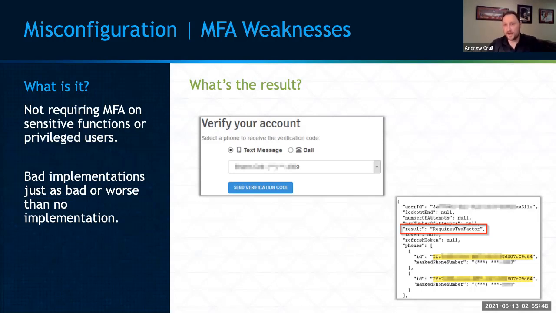The second screenshot I got here says requires 2-factor authentication. And then I see at the bottom there, phone ID GUID. So this was actually a mobile application, and just so you guys know, people think mobile applications, phones, can't really be intercepted and you can't do much with that. That's not true. I can intercept data just as well in a mobile application, and this is what I did. I got into a user account, and it said requires 2-factor authentication.